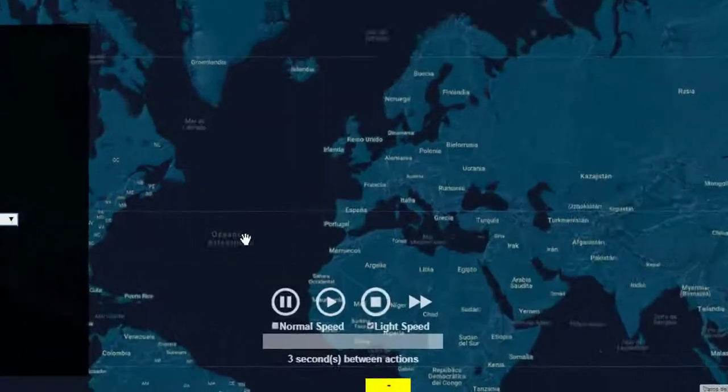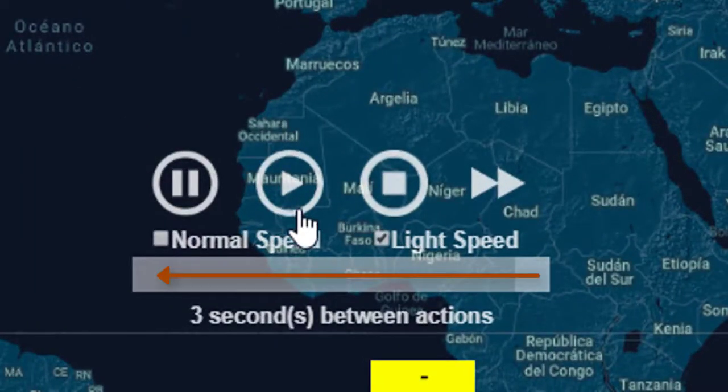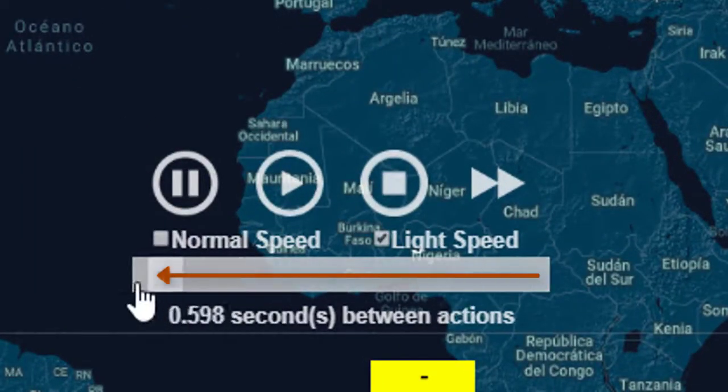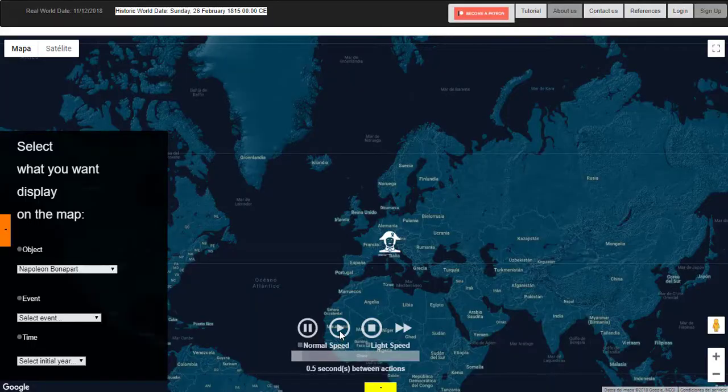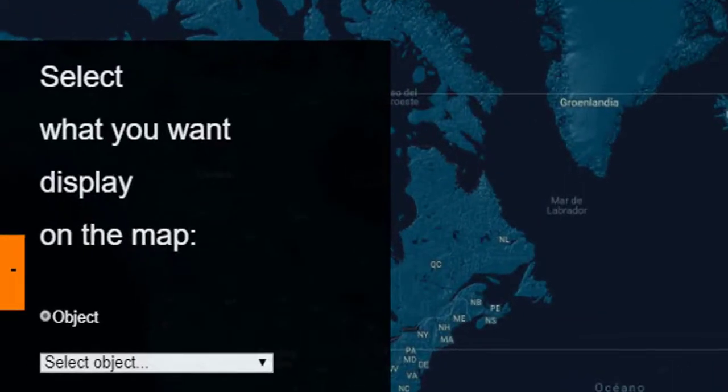While in the yellow tab, let's move the slider as far to the left as it can. Press the Play button again and observe how the sequence now happens quickly. Finally, we delete the information from the map. For the fourth time, we select the Napoleon object